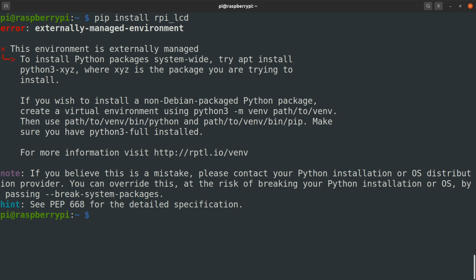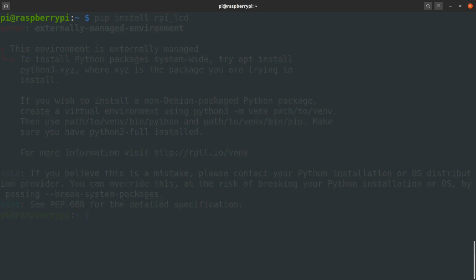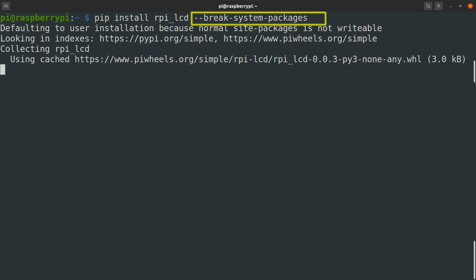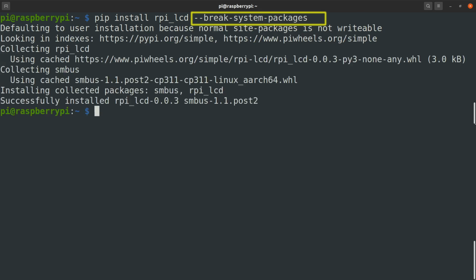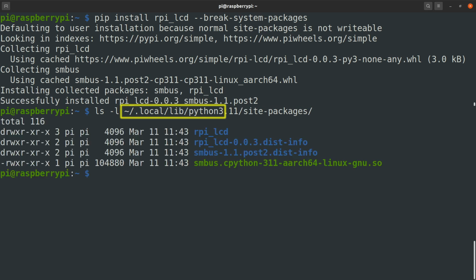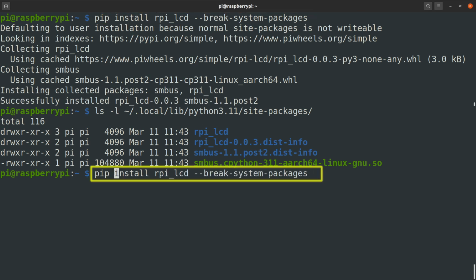While a virtual environment is recommended, there is a workaround where you can still use pip. If you are willing to risk breaking your system, you can use pip install your package name with an option to break system packages. As long as you don't use sudo here, the package will install in your .local directory, affecting only your user account. This approach is generally safe and it works well for minor packages. The same break system packages option applies when uninstalling.